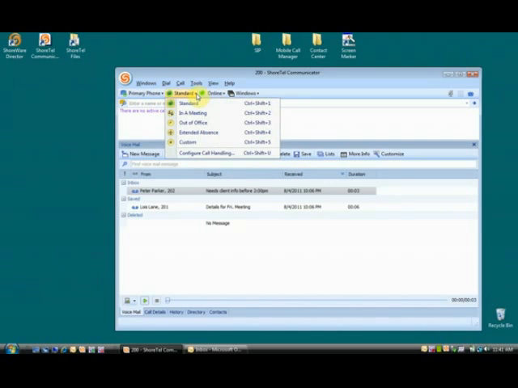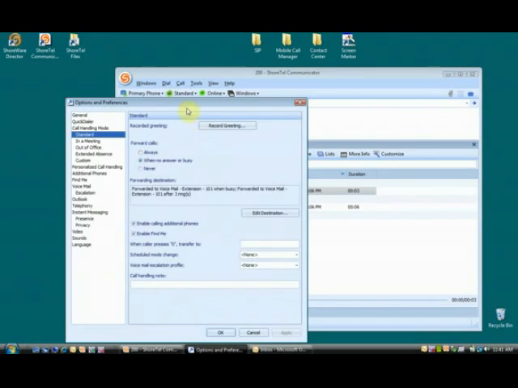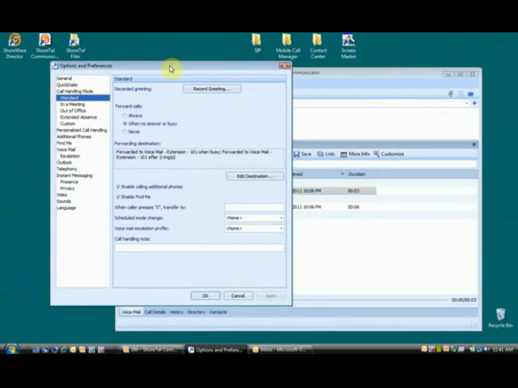The next one, let's spend some time on this. Most systems are going to give you a do not disturb mode. ShoreTel gives you 5 different modes you can pick from. So let me go to configure call handling and show you how this looks. So here's my preferences dialog. I can configure, let's say in a meeting, I'm going to say always forward to voicemail, and I'm going to